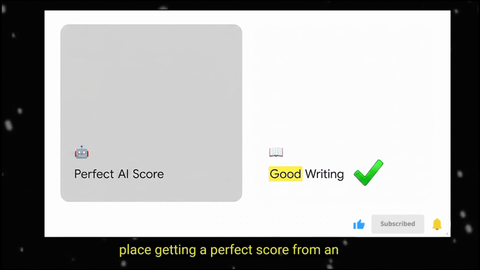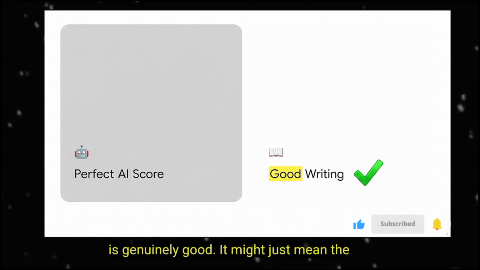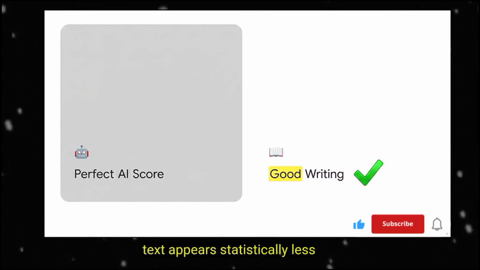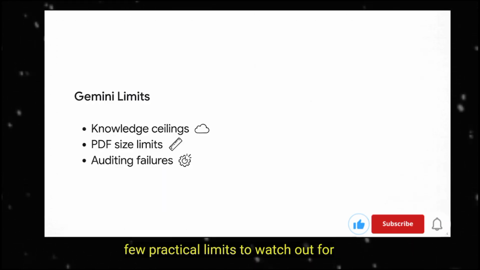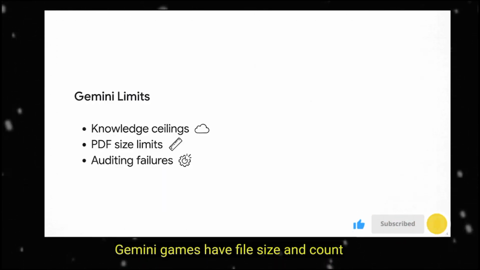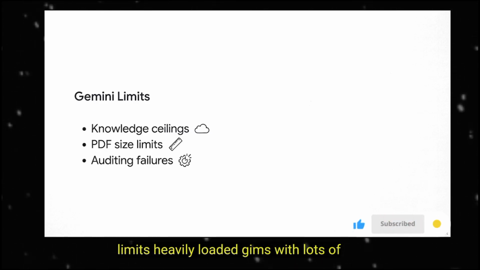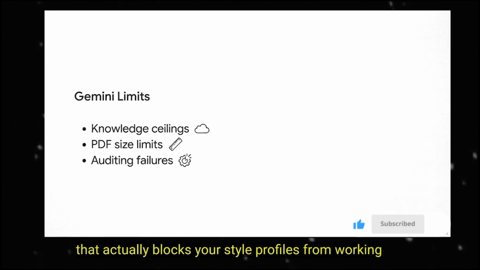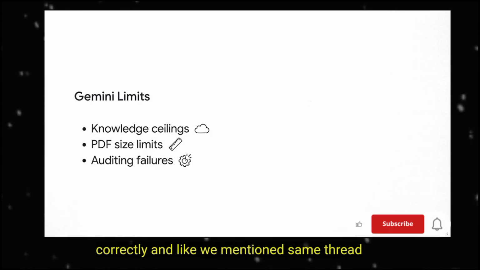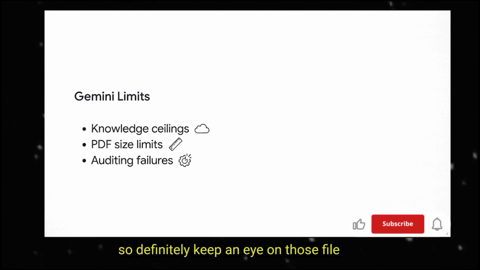Getting a perfect score from an AI detector doesn't automatically mean your writing is genuinely good. It might just mean the text appears statistically less predictable. There are also a few practical limits to watch out for. Gemini Gems have file size and count limits. Heavily loaded gems with lots of large PDFs can hit knowledge ceilings, and that actually blocks your style profiles from working correctly. And like we mentioned, same thread auditing failures will ruin the process,